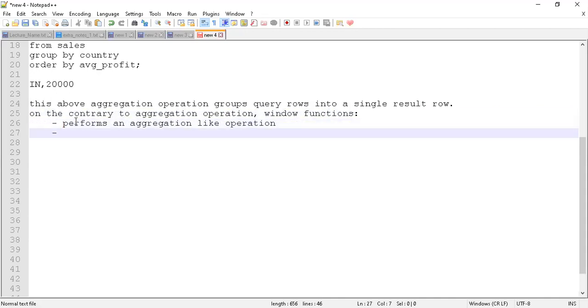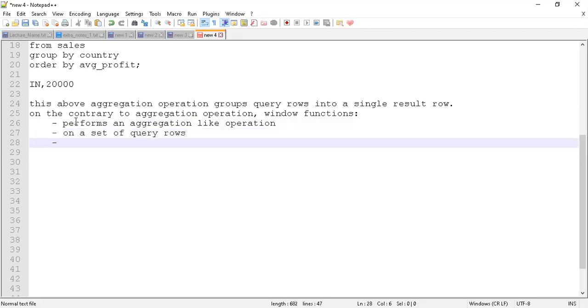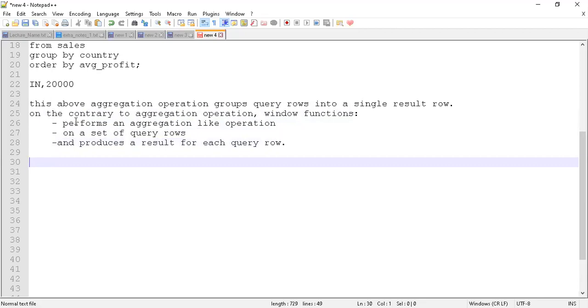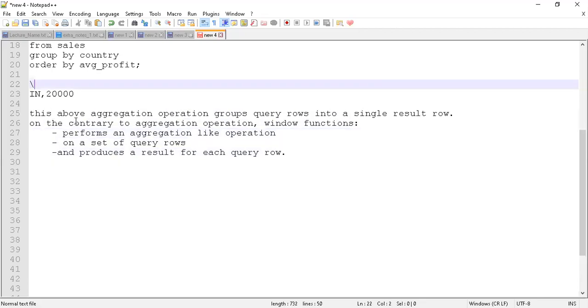The second property is that it operates only on the set of query rows, and produces a result for each and every row, or each query row. This means that rather than having one output, let's say this is my sample output from the above query.